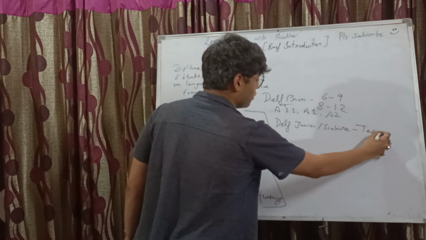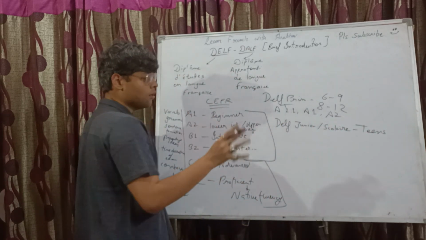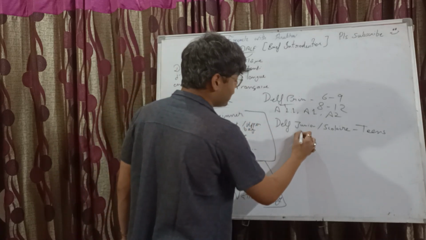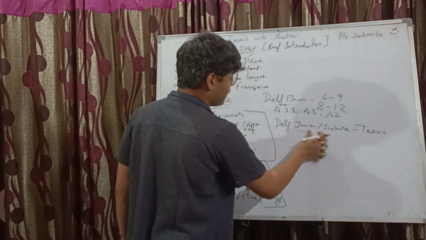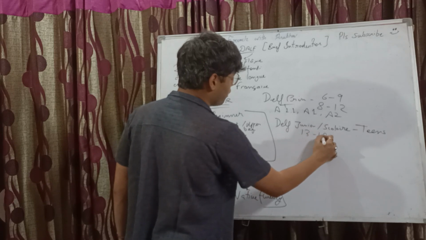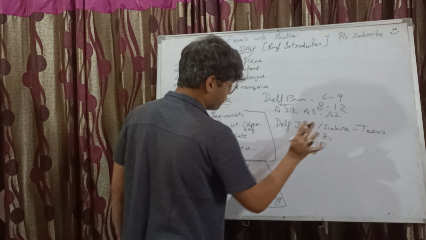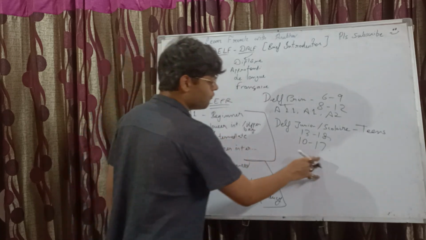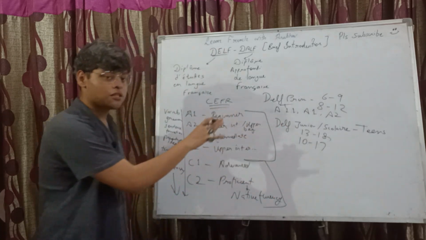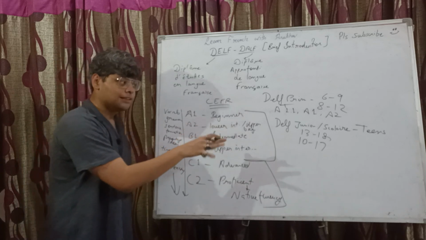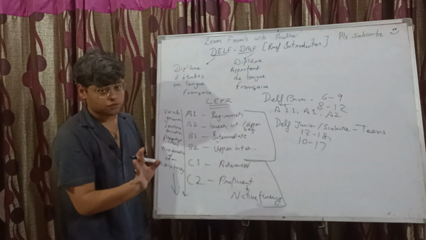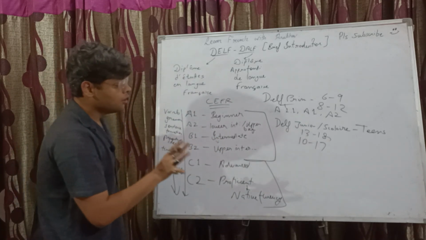Meant for teens specifically, right? One website has given the age group as between 13 to 18. One has given it as 10 to 17. Okay, I referred to multiple sites, so these were the two age groups that I got. Of course, for this as well, you need to contact your nearest Alliance sponsors, what's the age group that they are following, right?